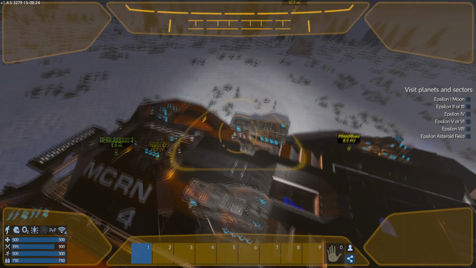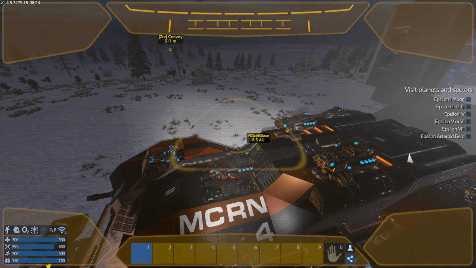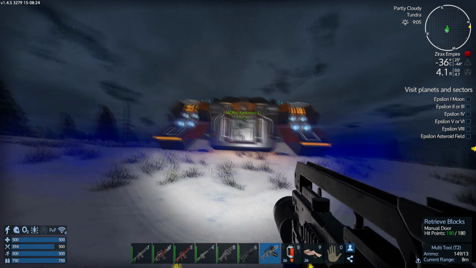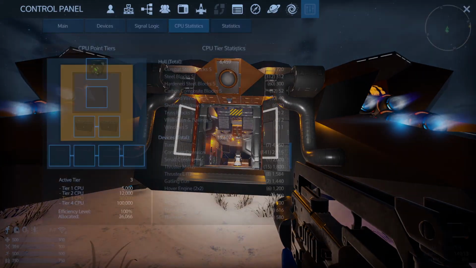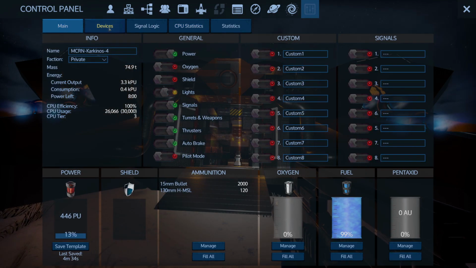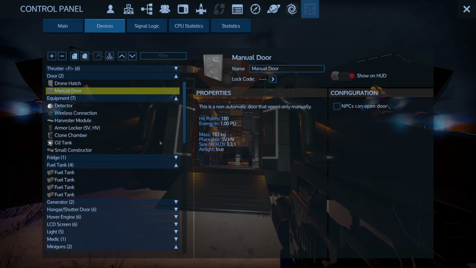Another one there. That gives me 3. I'm just going to start. Hailstorm has stopped, so just check the CPU stats. We're still underneath. That's good. And of course, what we're going to have to do is...